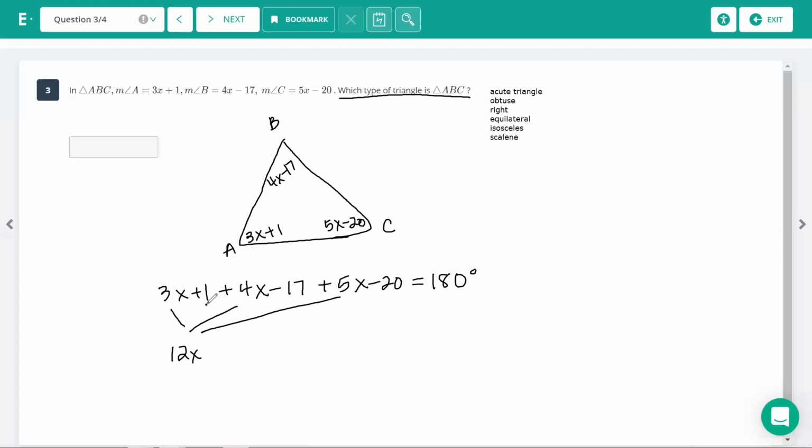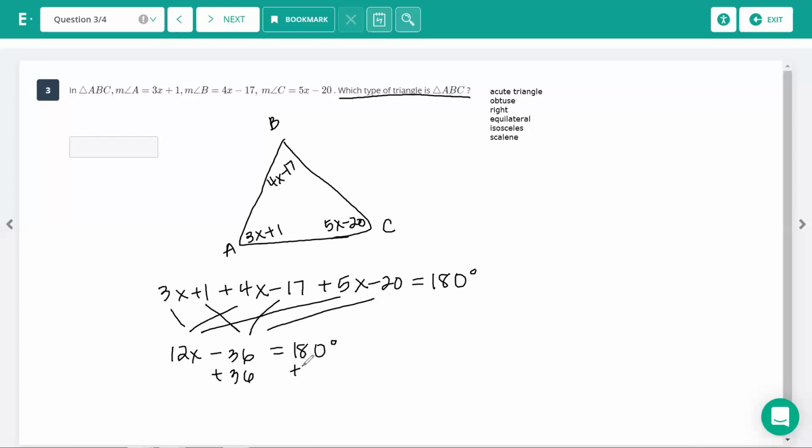We have 1, so this is a positive 1, but we're minusing 17 and we're minusing 20. So in total, you're going to get a negative number, which is a negative, so we'll minus 36. And that equals 180 degrees. Okay. So since we have minus 36, I need to cancel that, do the opposite by adding 36 so I